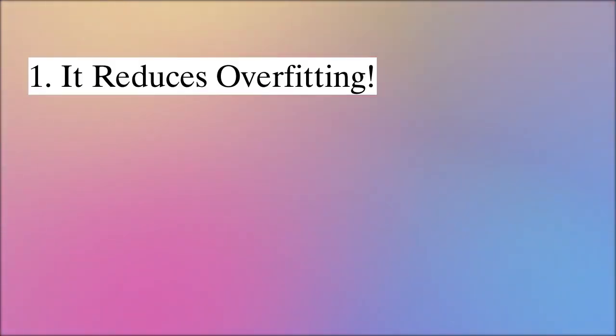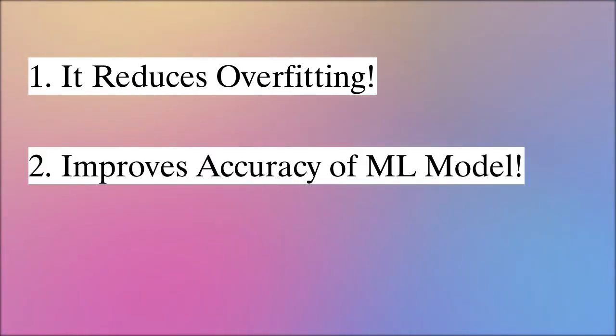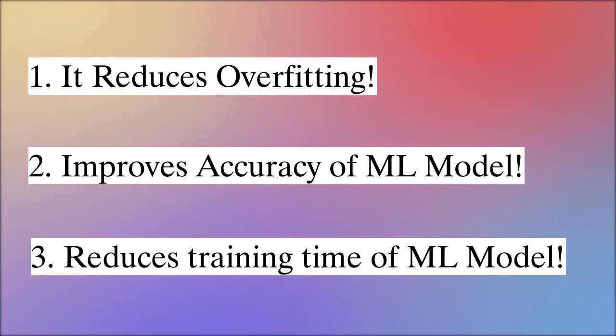Now, before jumping directly towards the coding part, let's discuss three important reasons for performing feature selection for your machine learning model. First and most importantly, it reduces overfitting, as reduced features lead to enhanced generalization. Secondly, it improves the accuracy of the model, as there is less misleading data, so the accuracy of the model generally increases. And finally, it reduces the training time of your model, as less data indirectly contributes toward faster training of your algorithm.